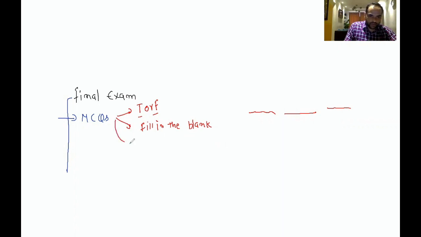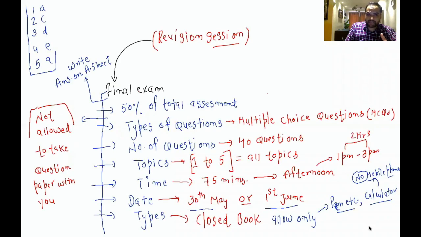And then you're going to have some calculations. Of course, for calculations, I'm going to give you options, so you have to choose the right option, but it's calculation based. So you have to find whatever answer it is from the available options. So that's the basic information that you need to know for your final exams. That's all about your final exams information.